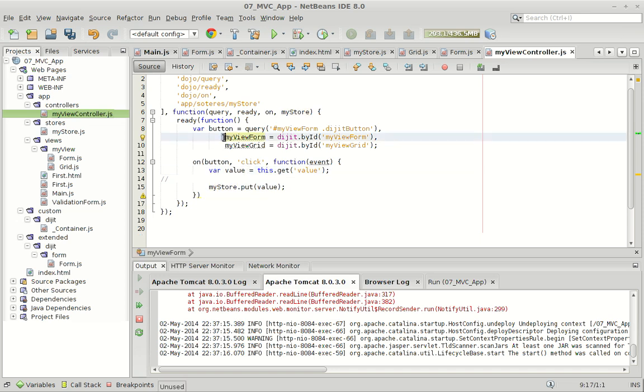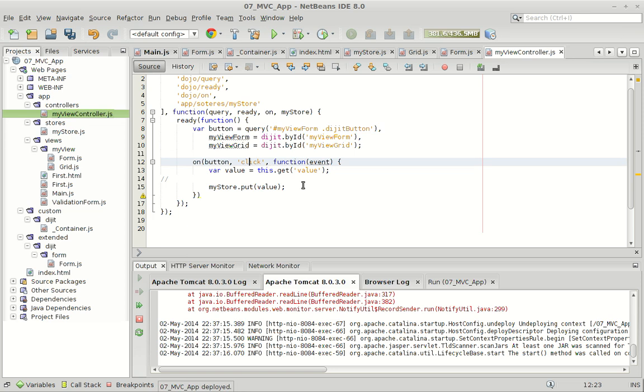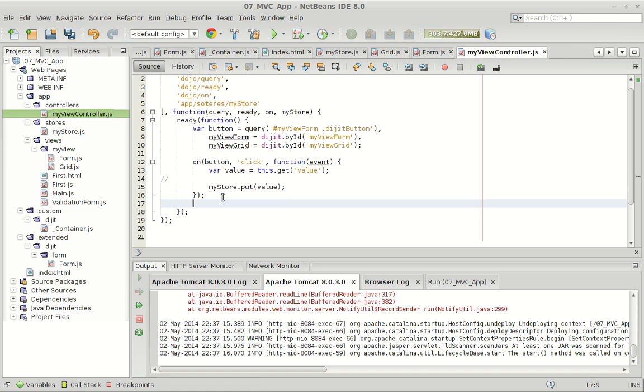I don't know why this one gets too. Okay. And here I need also to pass this grid. So in this grid I'm going to say my view grid